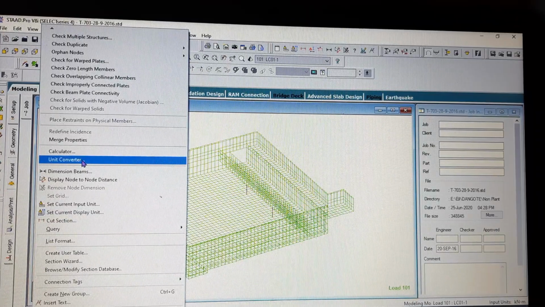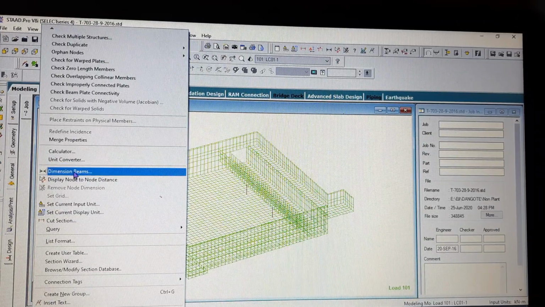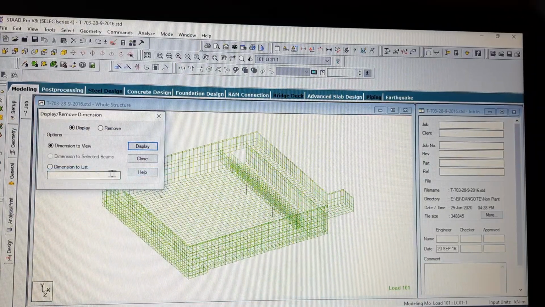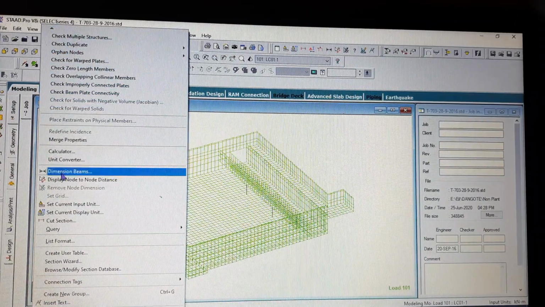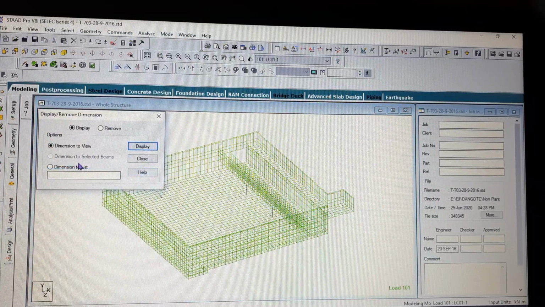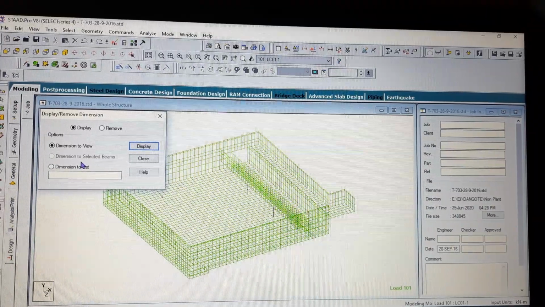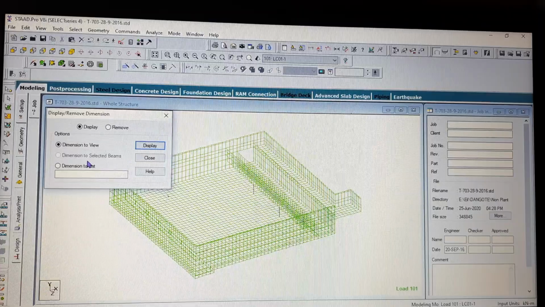After that you have this dimension beam button, display dimension button. The functionality of this dimension beams is it will show the beam members, or you can say in case of stat all the line elements are called beams.